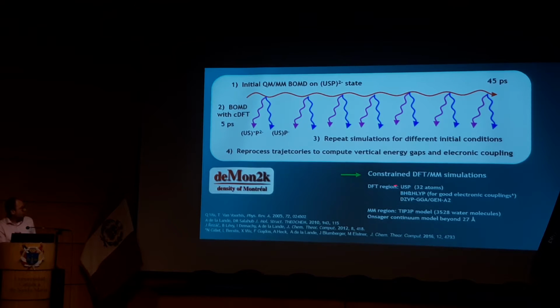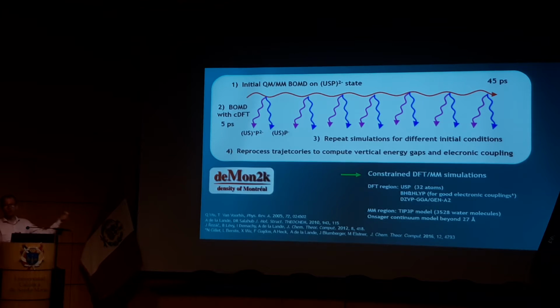So this is done with the constrained DFT methodology that you have now implemented. I think it will soon be in the distributed version. What we did basically, to build these Marcus theory parabolas, we have 4 steps. So the first one, in our case, we do a BOMD simulation on the initial state, so before radiolysis. And so we equilibrate our system. We had, in our case, 45 picoseconds of MD simulation. And we take some points.